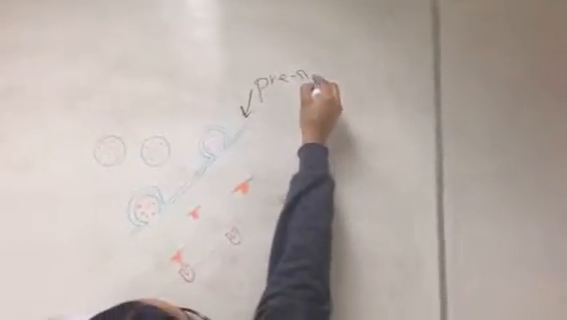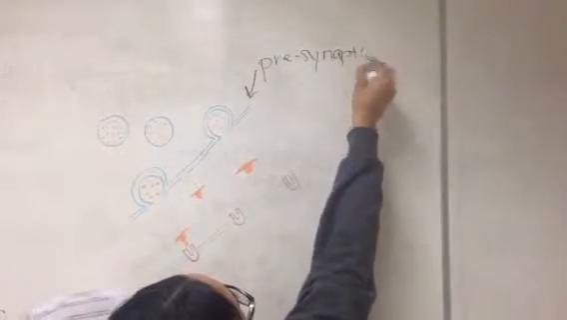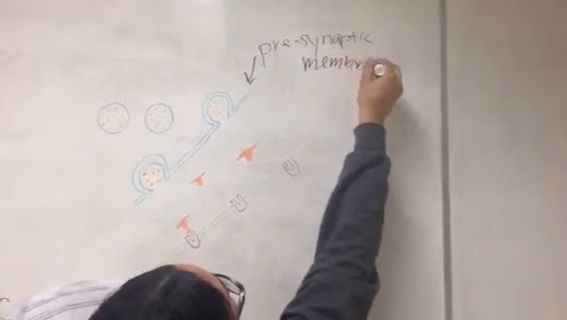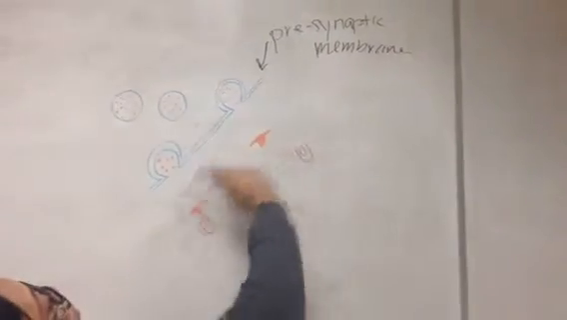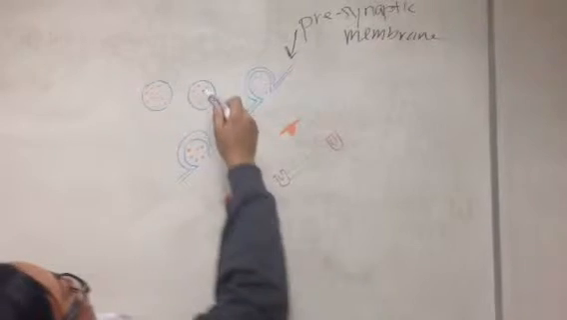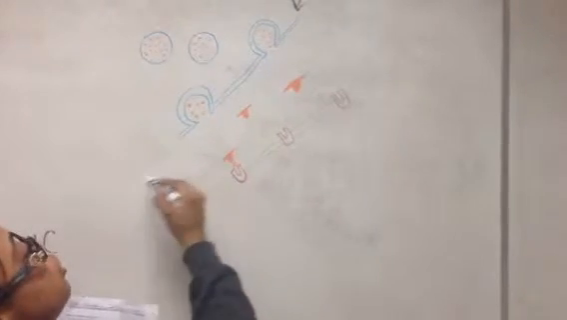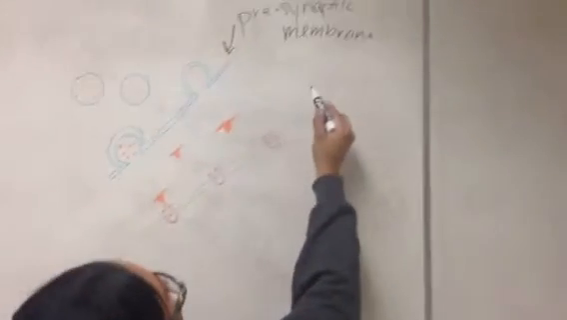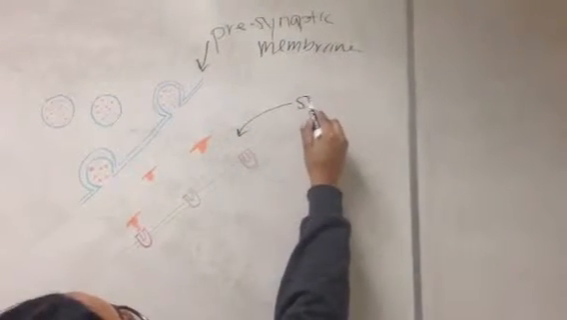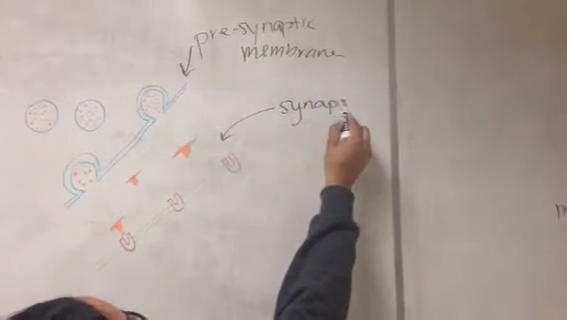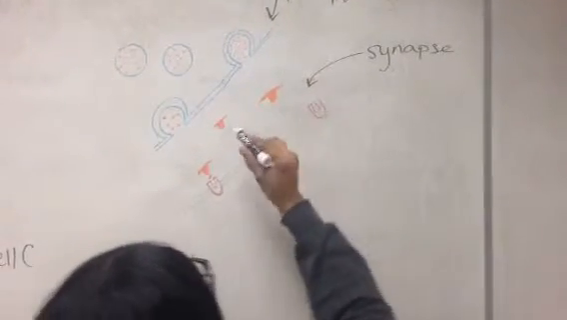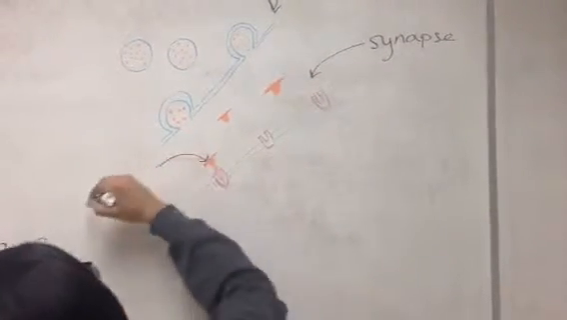So what the synaptic vesicles do is they come down and they will bind to what is called the presynaptic membrane. Presynaptic membrane is the membrane of the terminal button. They come down, they bind to the presynaptic membrane, and this causes the release of neurotransmitters into the open space, which is called the synapse. These neurotransmitters right here